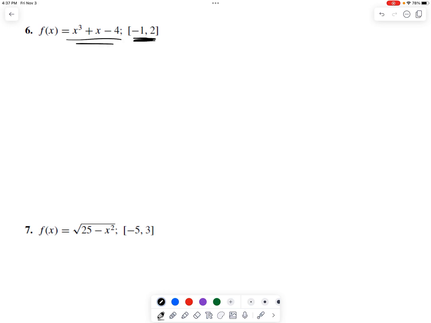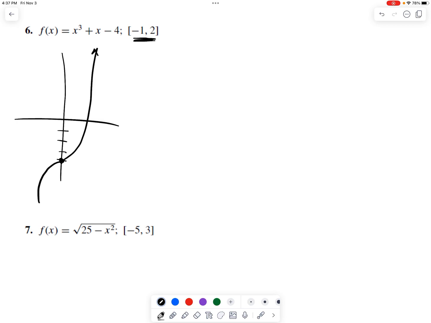Here is just an idea of where we're going. I'm going to graph that thing, x cubed minus x minus 4. That's one that I don't know exactly what it looks like. I know it's a cubic, and I know it goes through (0, -4). I can put it in on Desmos, or maybe a graphing calculator, and it's going to look something similar to this, I think. Something like that. And I'm going to use those two points,